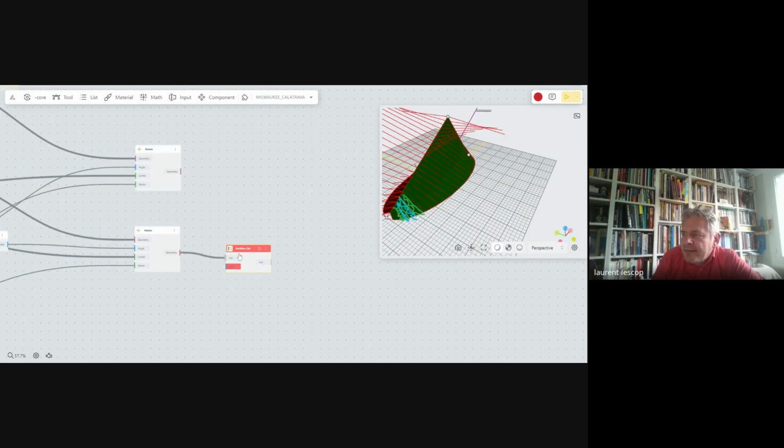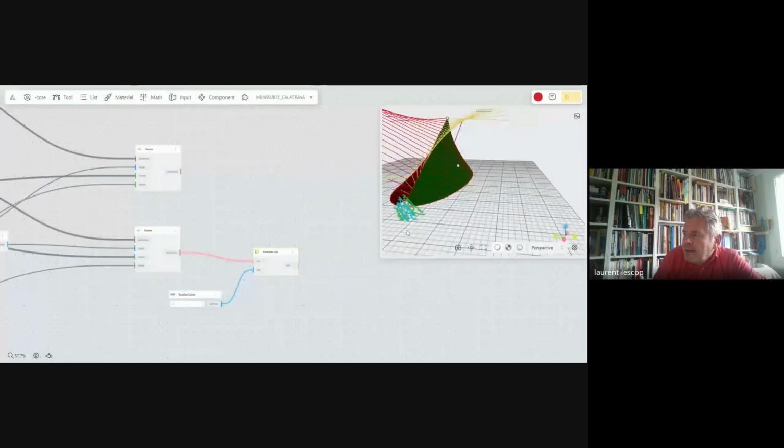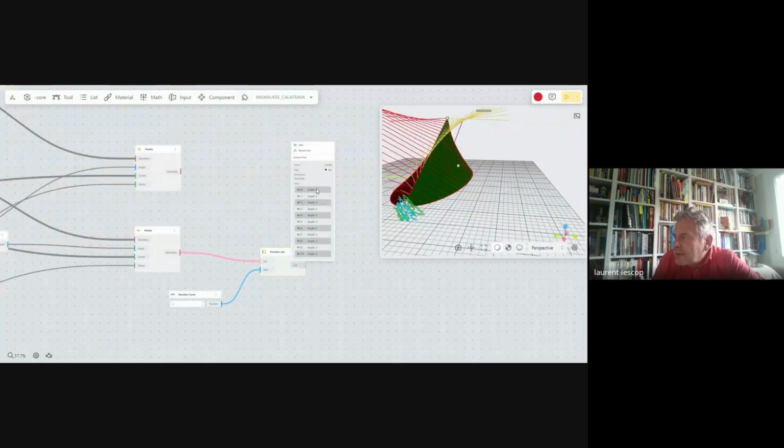So I take this, and the size is going to be, so I will take a constant. I need two elements. Right here, and then I got an error with 2. Okay. So I've got sublists here.